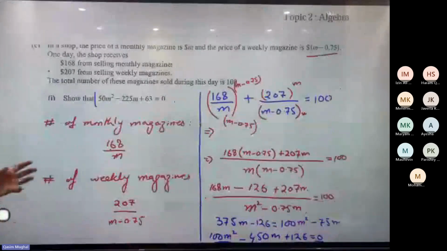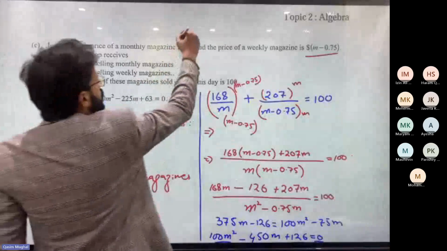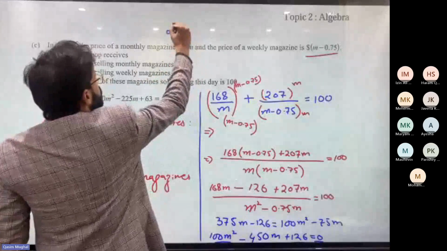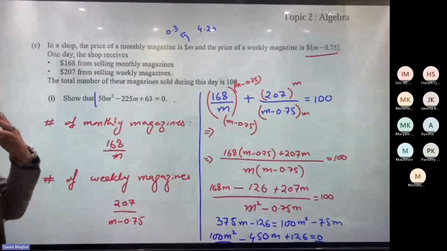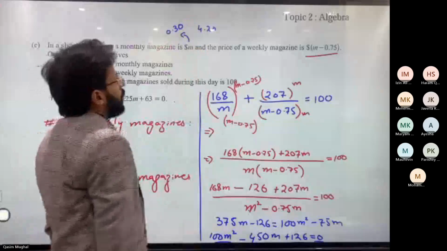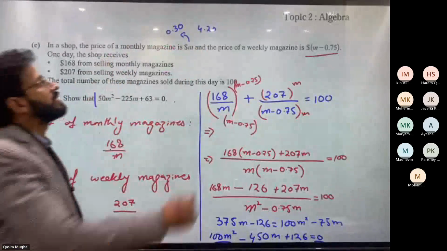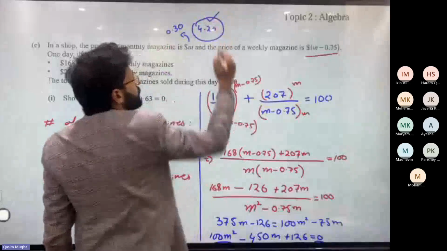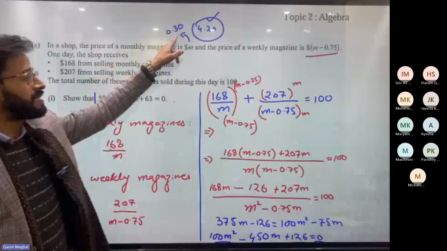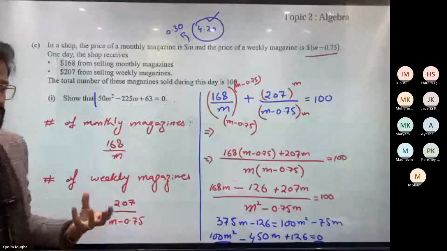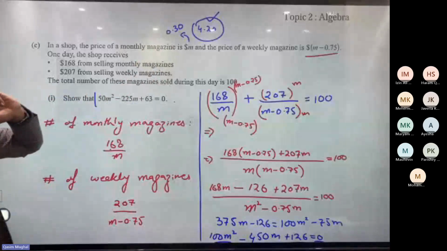Go back to the question. M is the variable defined for the cost. So this M can have two values, either 0.3 or 4.20. From two different positions, I can tell which is correct. Why? First of all, if each magazine is of 30 cents,